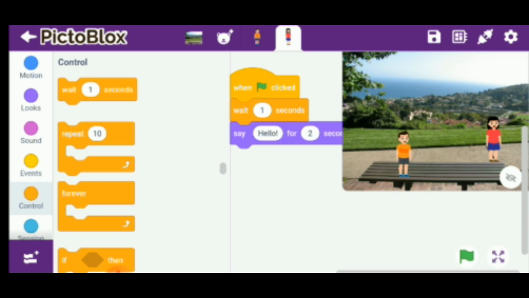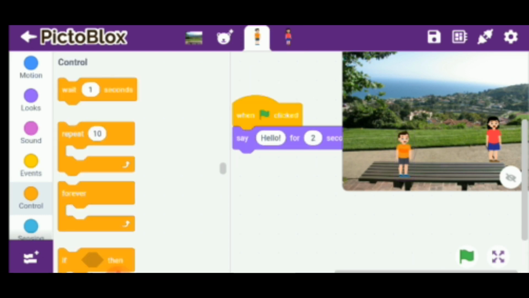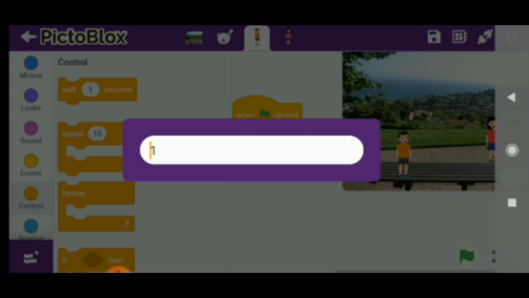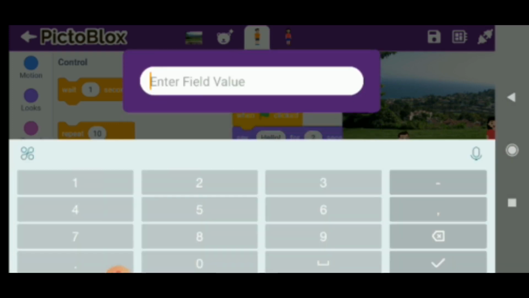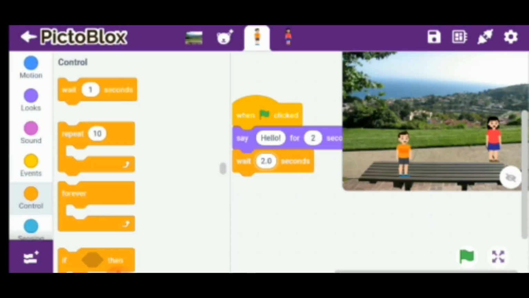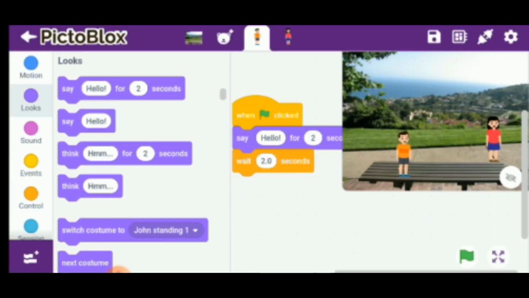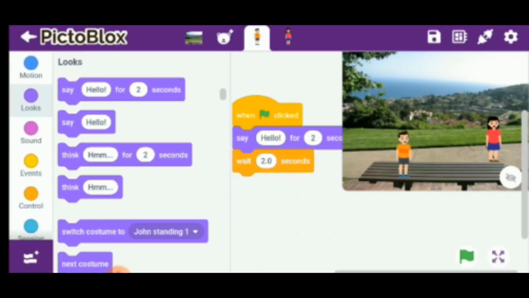So first again go to the first sprite, and here we can add different types of block. Now here I will add a wait command, and instead of 1 second I will add 2 seconds. Means after 2 seconds John will speak again. Go to the looks, and here we are going to add one more block, that is say.